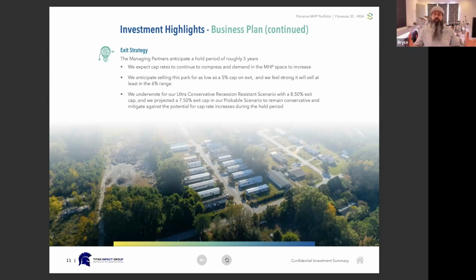now. And we feel pretty strongly that we could sell for a 6% cap rate. However, we love to be ultra conservative in the way that we approach our investments. So in our ultra conservative scenario, we have an 8.5% exit cap, which represents a 3.5% increase that we could handle between now and exit on cap rates. And our probable case scenario has a 7.5% exit cap, which is a 2.5% increase between now and exit, which we feel gives a lot of wiggle room for the market to shift and for cap rates to go up